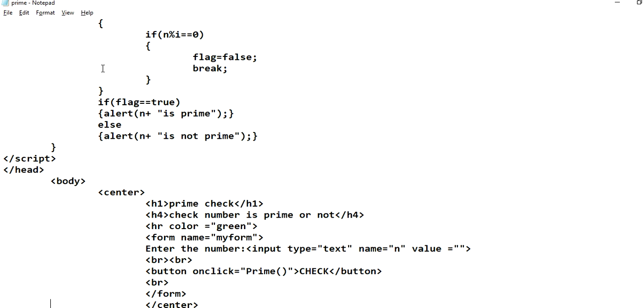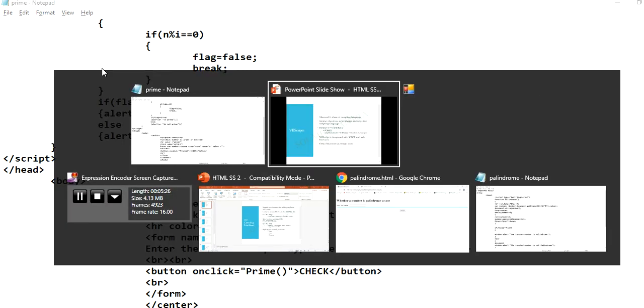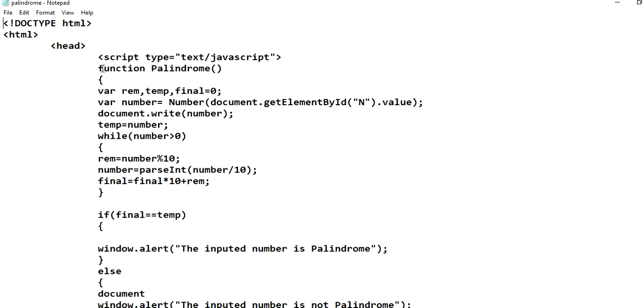Similarly, I can show you another example, which is palindrome. It is similar to prime. Within the head portion we write the JavaScript function, and it uses document.getElementById with n.value.